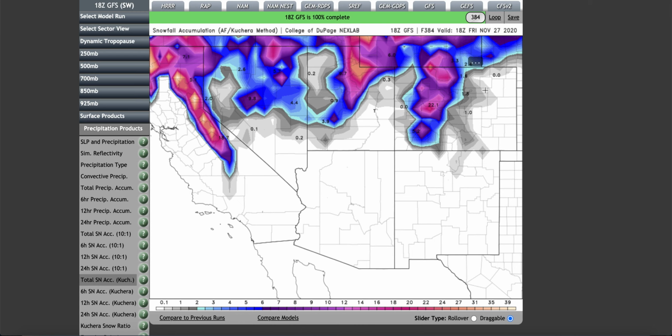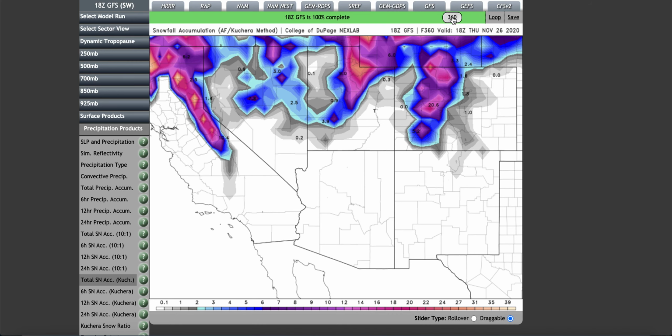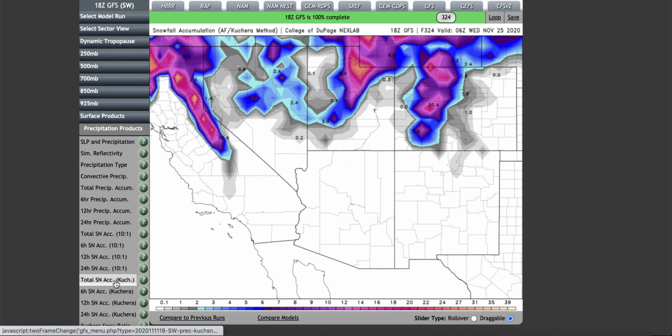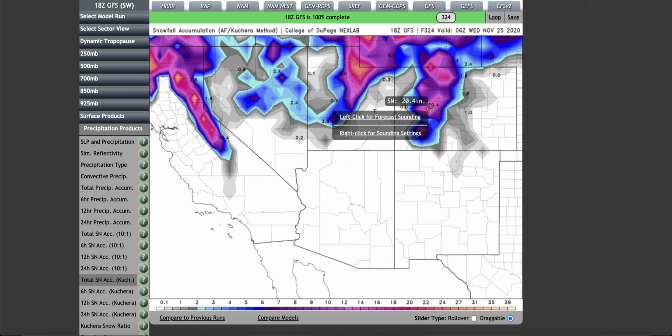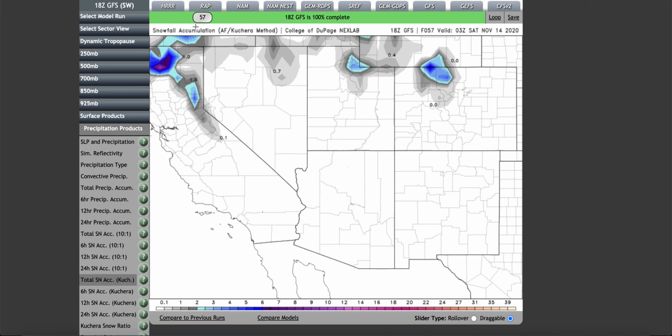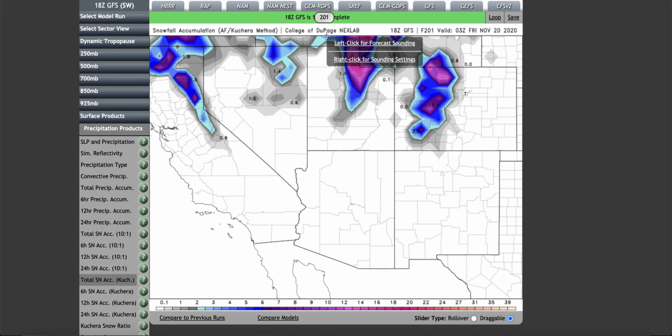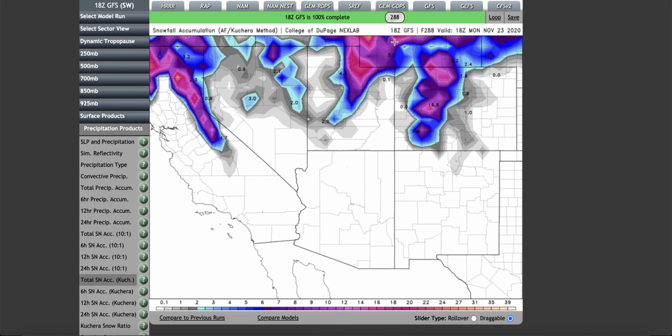So if I were to compare and contrast this to the 10-to-1 ratio, it would look very different. It's a much more accurate way of forecasting snowfall. And so if someone asks how much snow is going to fall in Colorado this weekend, this is where I'm going. I'm using the Kuchera method because it takes into account snow ratio. So you see here, this is like 20.4 inches forecasted in the next 2 weeks or so. It's not necessarily accurate, but it's more accurate than the assumed 10-to-1 ratio way of